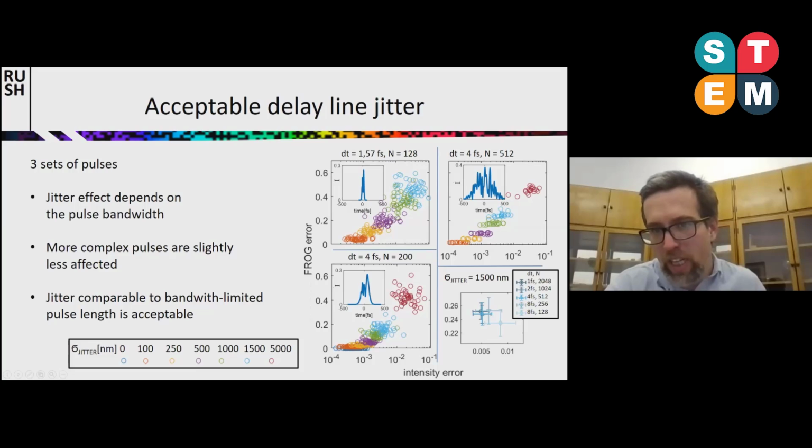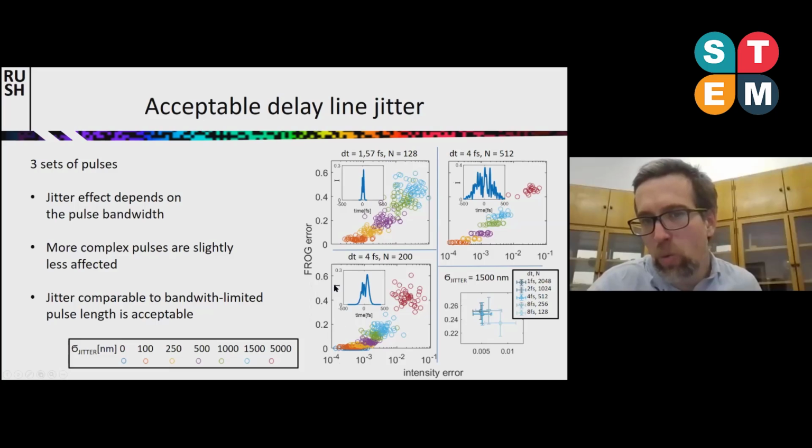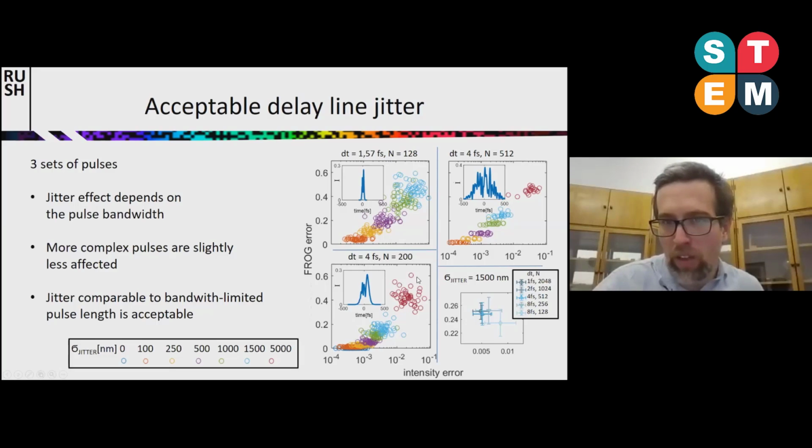And note that this is now a logarithmic scale. This is not linear. So this is the error of the pulse, how precisely you determine the pulse, and this is the experimentally accessible FROG error. And you can see that for the pulses here, we get very, very similar values.